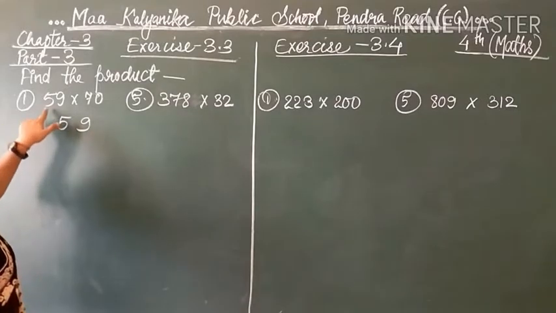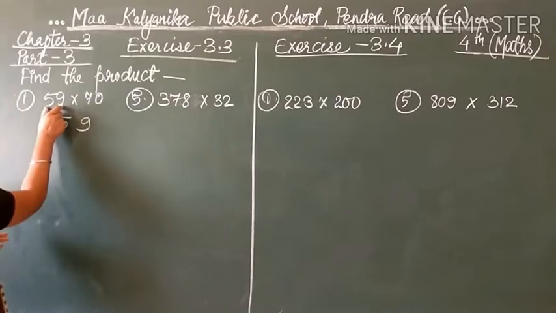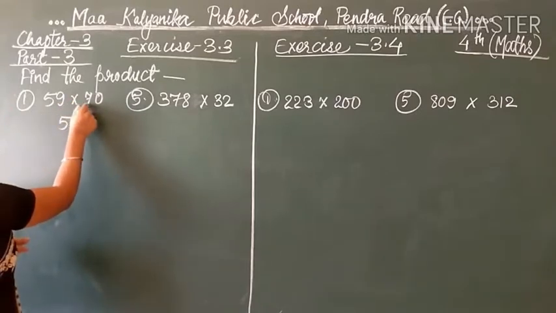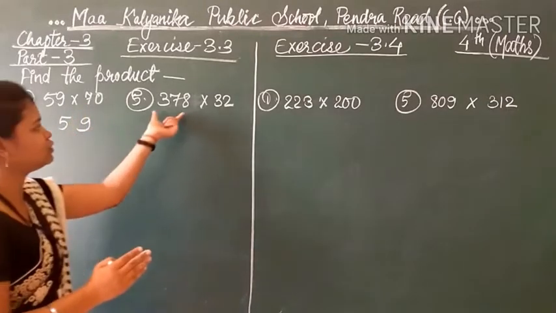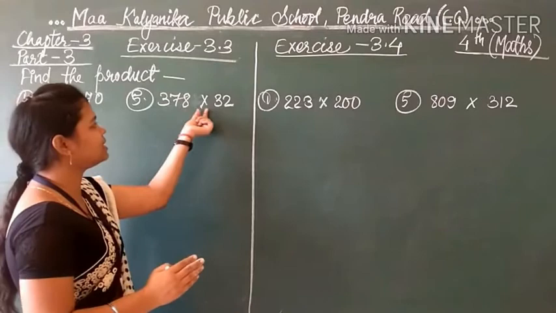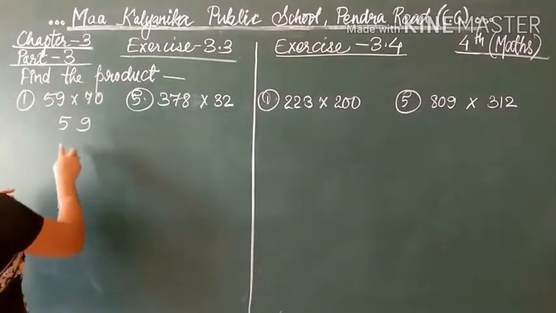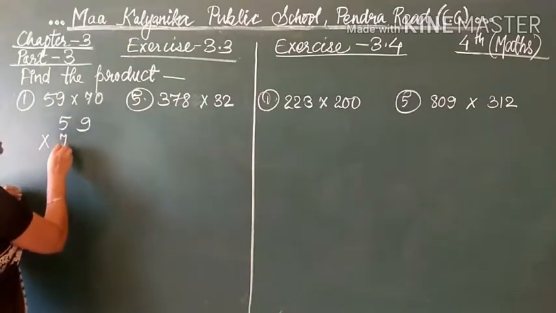One more thing, students, if you are writing the question, write clearly. Write the number first, then have some gap, write the multiplication sign, have some gap, then write the next number, so that it will be easy for you. See, it is visible that this number is multiplied by this number, so you have to write very clearly. Okay, so now write separately 59 multiplied by 70.